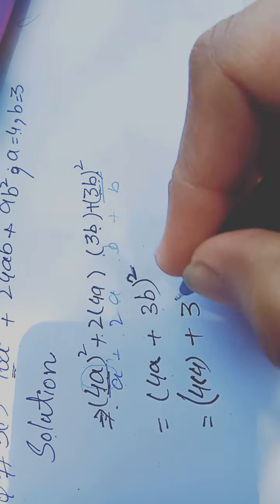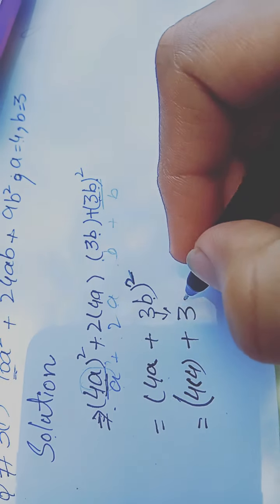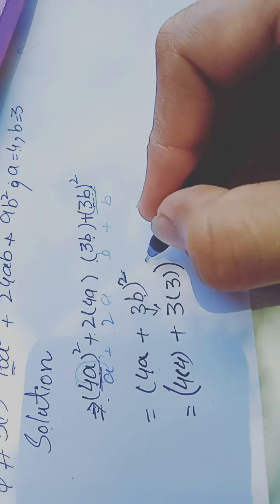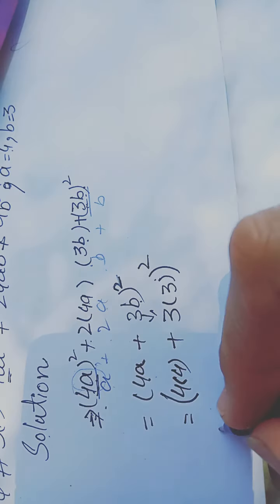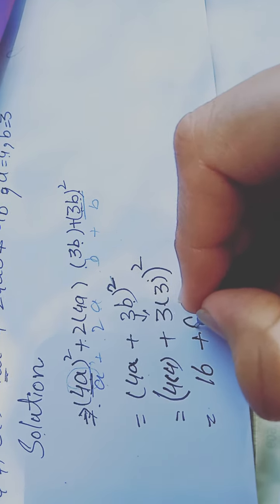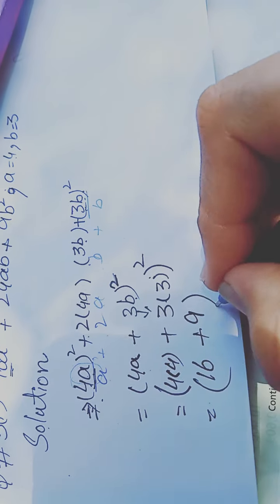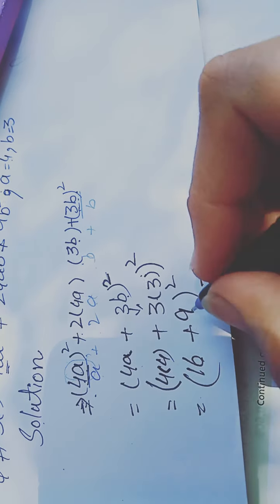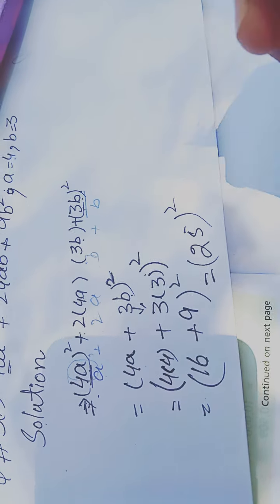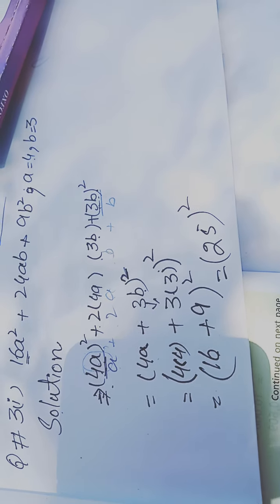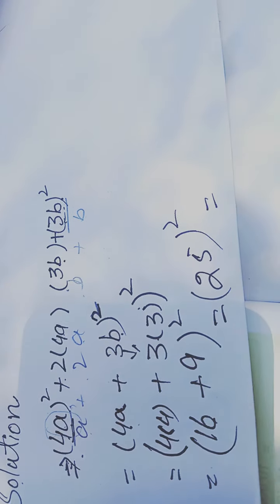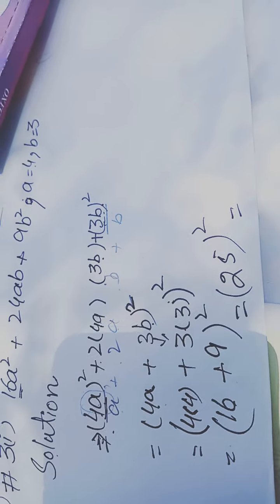Plus 3, and what we have to write in place of b? We have to write 3 in place of b, and the whole square. 4 fours are 16, plus 3 threes are 9, and the whole square again. 16 plus 9 is 25 square. So what will be the answer? 25. You can also open it. The square of 25 is